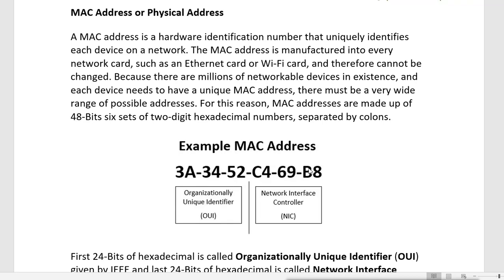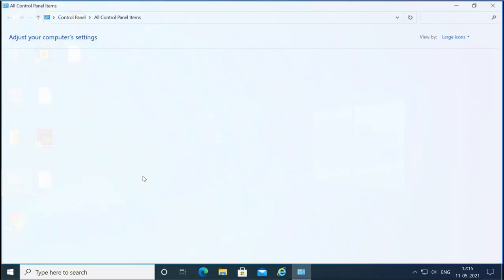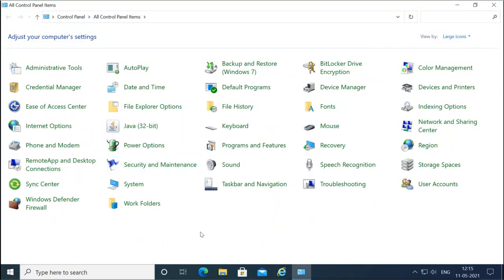If you want to see it in your system, let me show you. This is our Windows machine, and if we want to see the network MAC address, you can go to the adapter setting. We will go to Control Panel, and go to the network setting, network adapter setting.